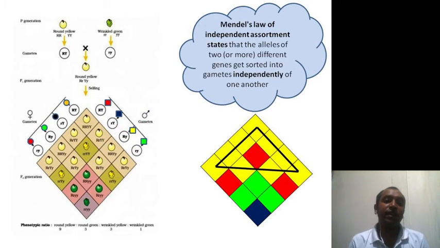Okay, so let us see the dihybrid cross. The term dihybrid means basically di means two. So here two traits are taken into consideration, that is the color and shape of the seed. So here if you see round yellow and green wrinkled, those are the traits he has taken into consideration